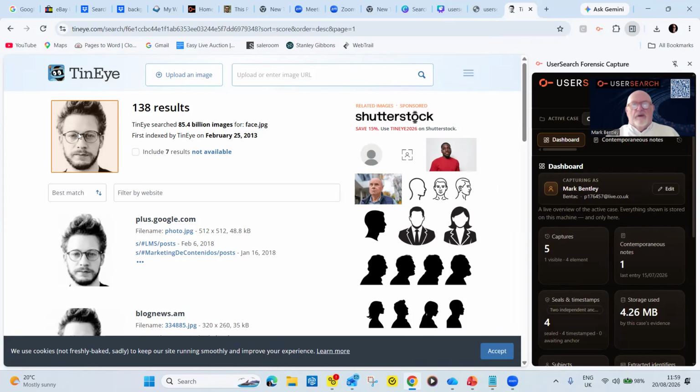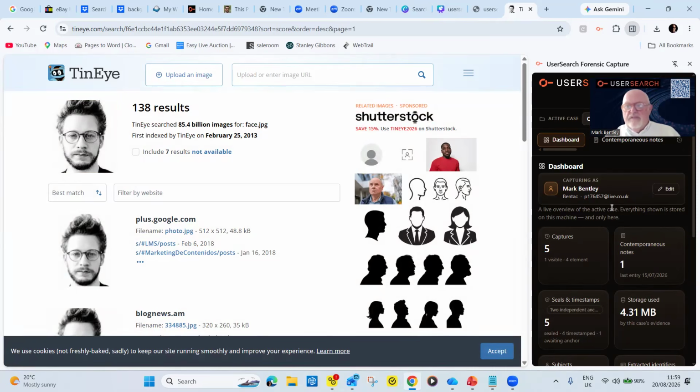So in 6 months' time, if I was to say, where did you get that picture? I'll say, well, I took that with this machine at that time, and my details are on there, and this is the hash number of it. And if you look at the original, the hash number is the same. So it shows that it's never been changed with AI or anything like that. So I'm going to save that one.